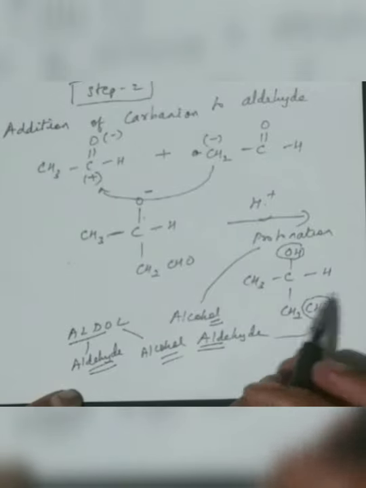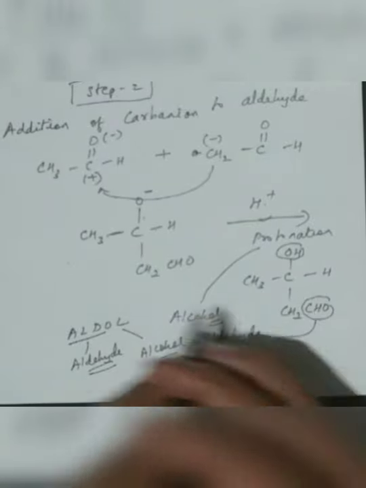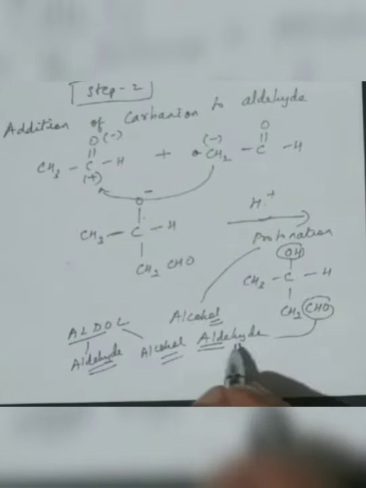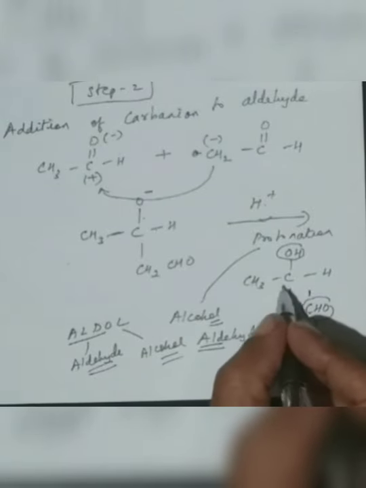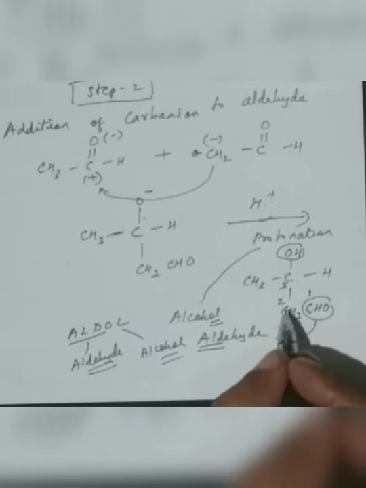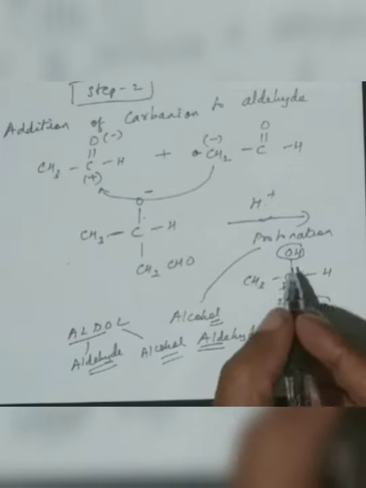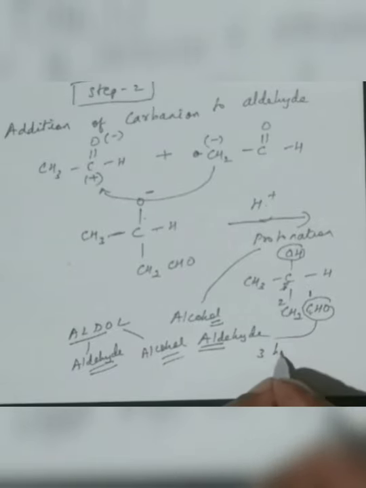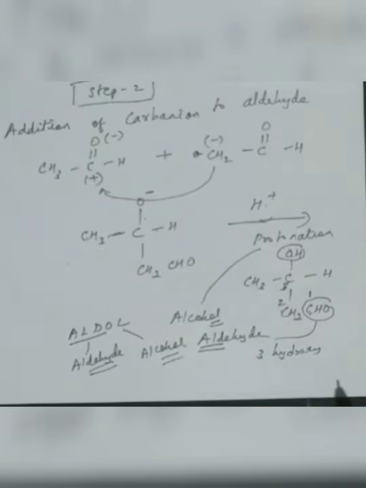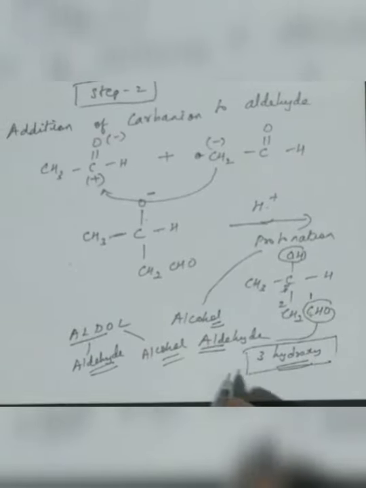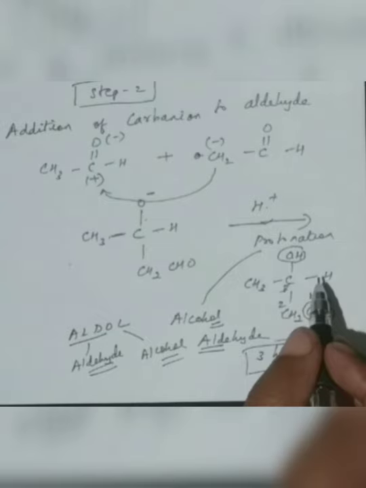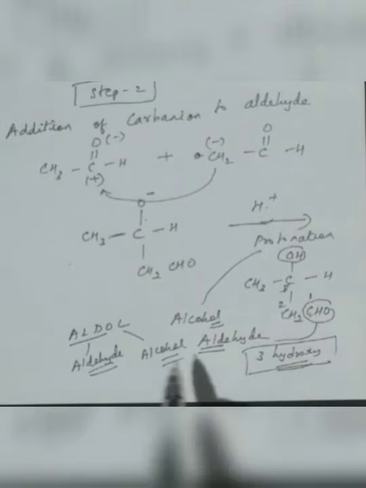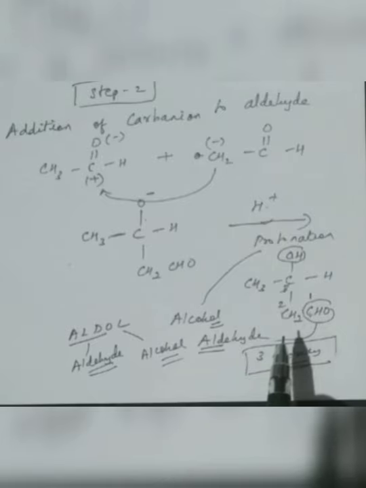In the next video, we know the product here is aldol. You can name the carbons as first carbon, second carbon, third carbon: carbon number 1, carbon number 2, carbon number 3. To the third carbon, OH is attached. So in general we call it 3-hydroxyaldehyde. This will come for 1 mark. The next part is that this product will once again lose a water molecule to give one more product. We'll discuss that in the next video along with some neat questions and answers. Thank you.